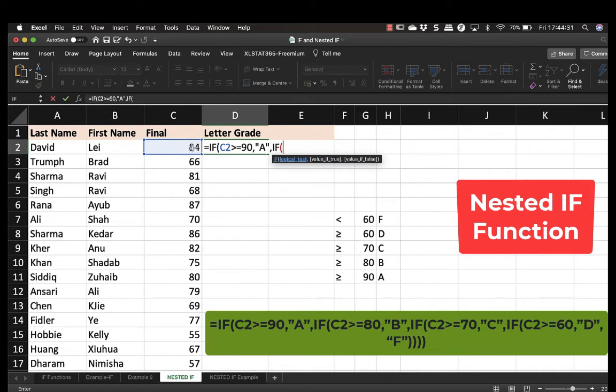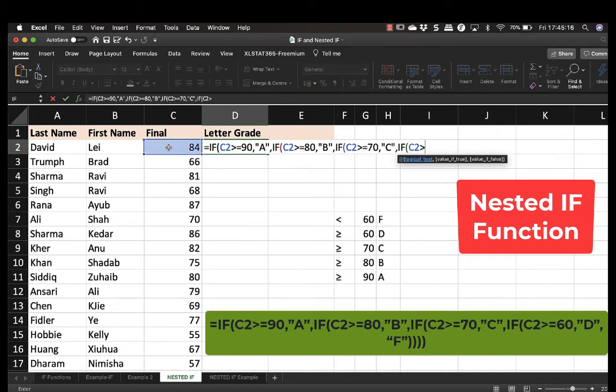If C2 is more than or equal to 80, comma, inverted commas, B, comma, again if C2 is more than or equal to 70, comma, inverted commas, C grade, comma, if C2 is more than or equal to 60, comma, inverted commas, D grade, comma, or else, inverted commas, fail.